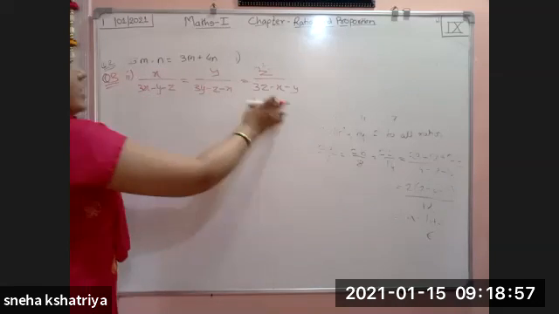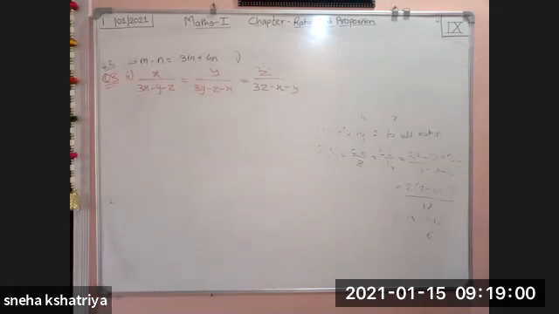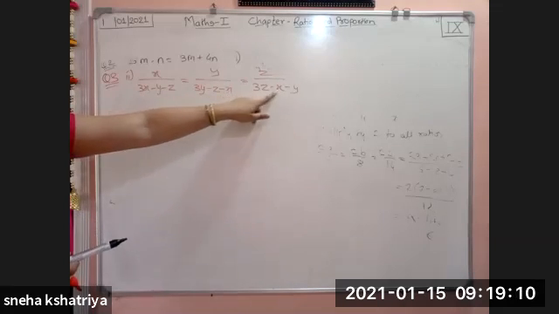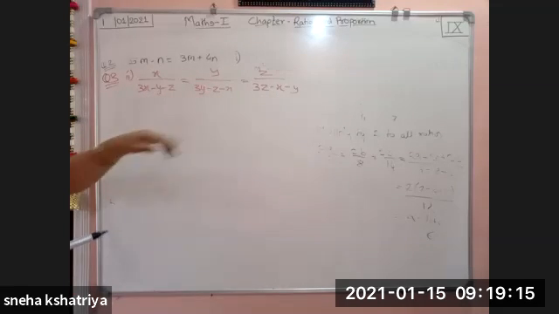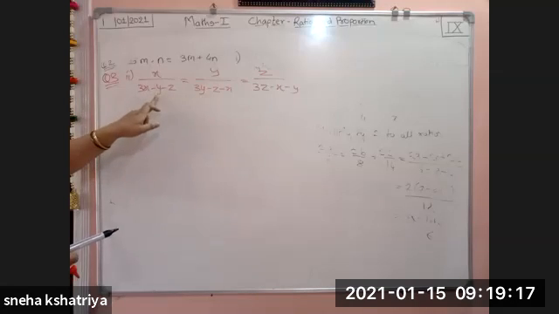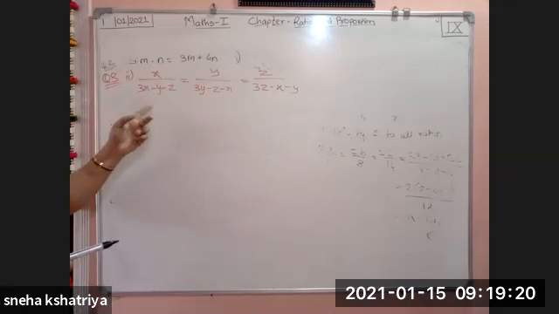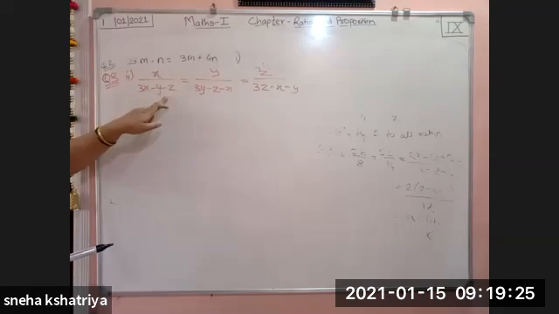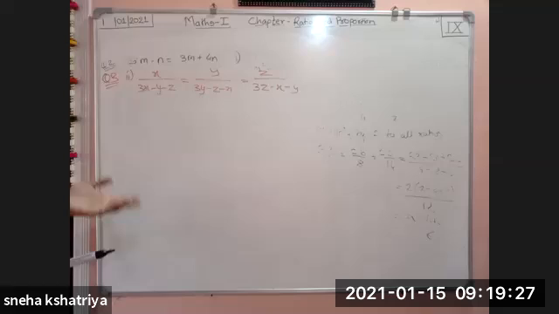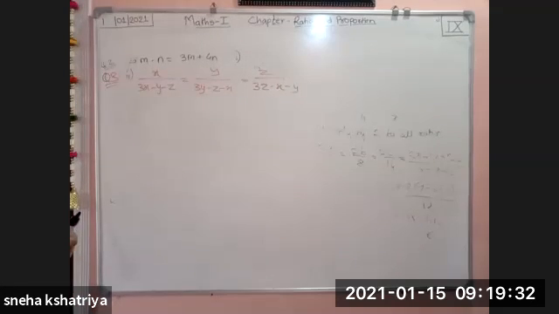Okay, the value of each ratio is equal to 1. That we have to show here. Now how are we going to show it? Now the denominator, if you see, here is 3x, here is minus x, here is minus x. So from 3, 2x will be subtracted if we add all of them. Here is 3y, here is minus y, here is also minus y. So from 3y, y will get cancelled. Here is 3z, here is minus z, here is minus z. 2 z's will get cancelled. So we get x, y and z terms. From that we can get our answer also.